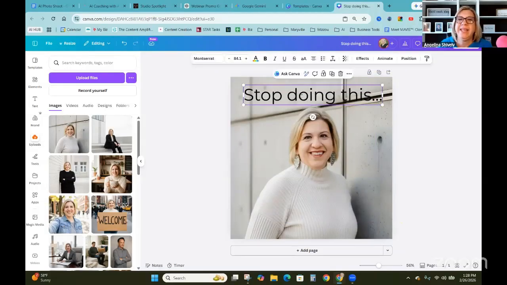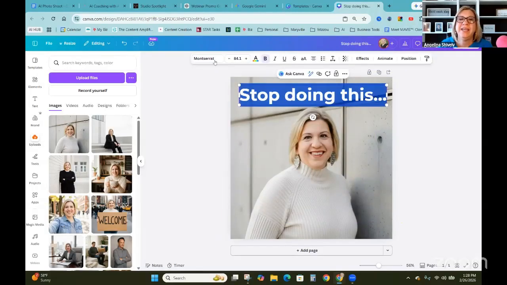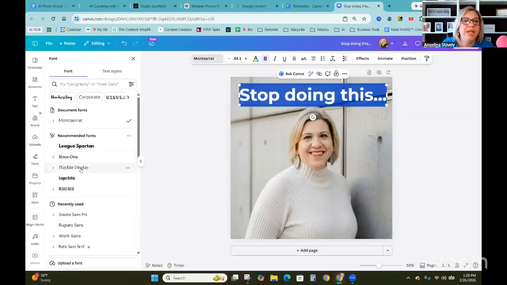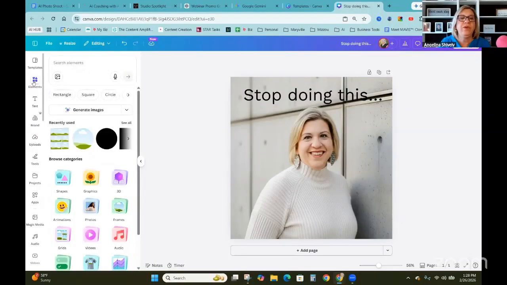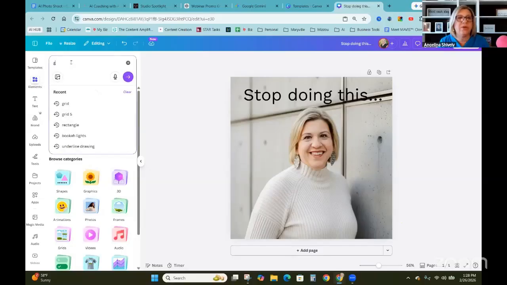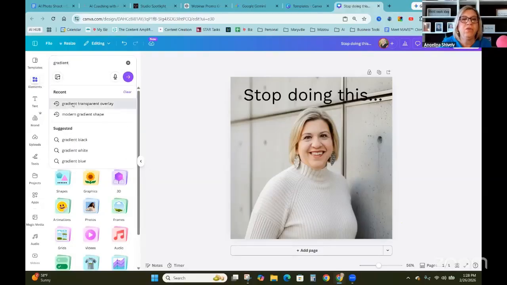Now you might see that's kind of hard to see. And I also maybe want to grab a different font. So it's still kind of hard to see. So what I'm going to do is actually add a gradient. If you go under elements and add gradient, transparent gradient overlay,